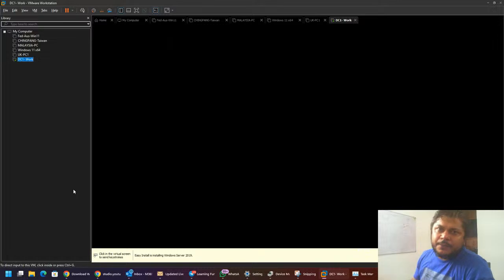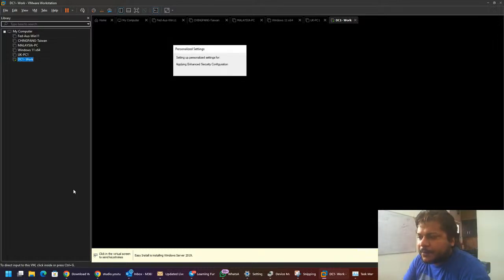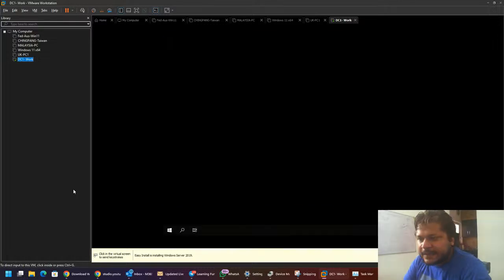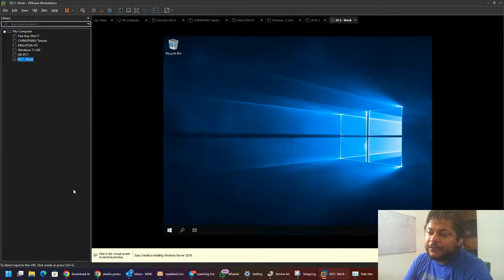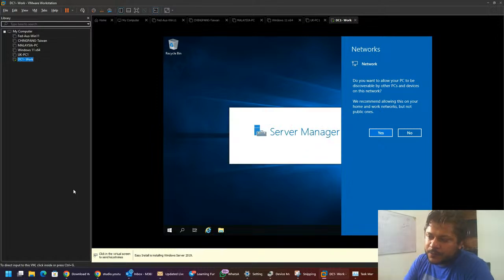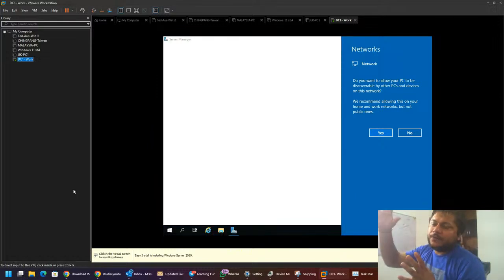Make sure that because this is the first server in the environment, it should be promoted as a domain controller. It's like setting up an organization from scratch. This is going to be your DNS server as well. In case you're not sure what DNS is and how DNS works, please go and watch the previous session that I posted a couple of days back regarding how DNS works, the top level domain servers, what are root servers, what are authoritative servers, how it works in DNS resolution, and what the building blocks of DNS resolution are.